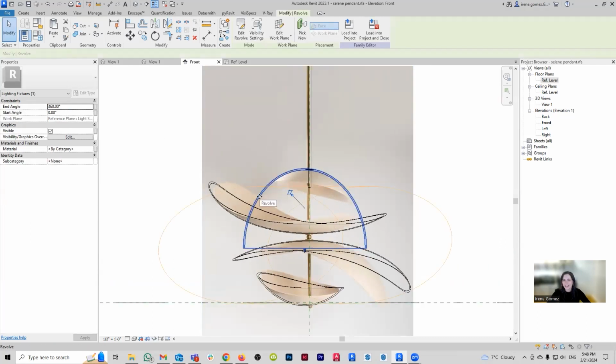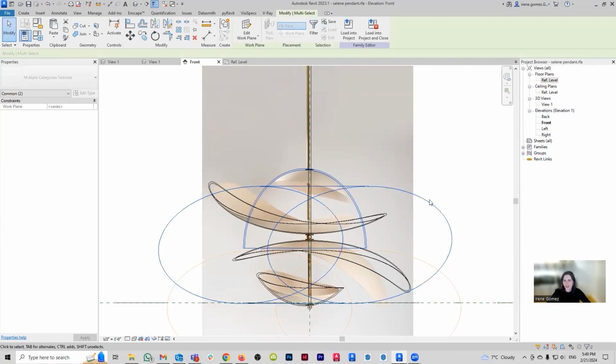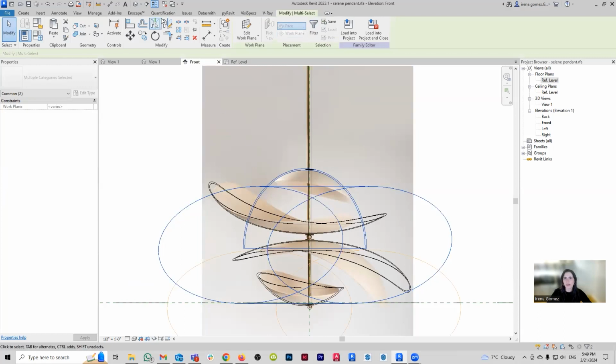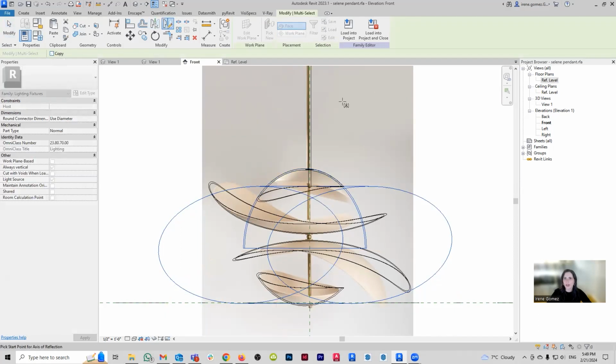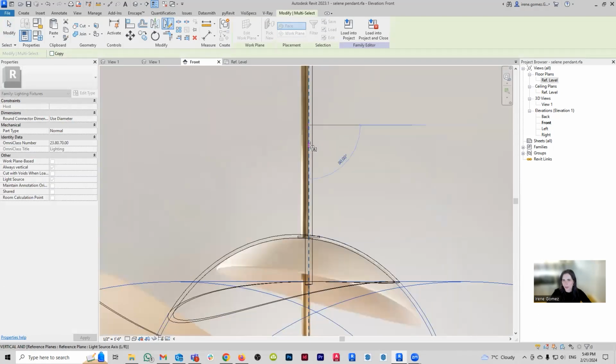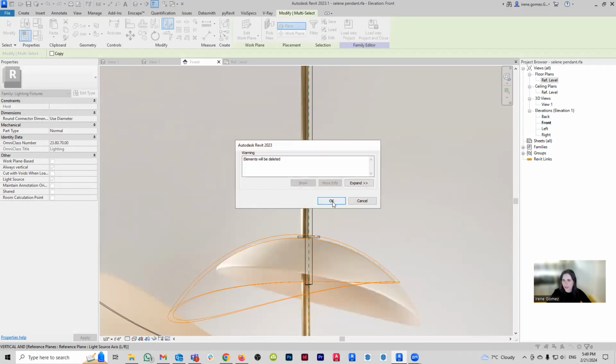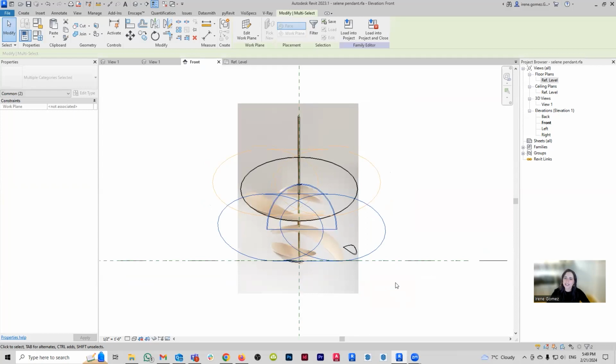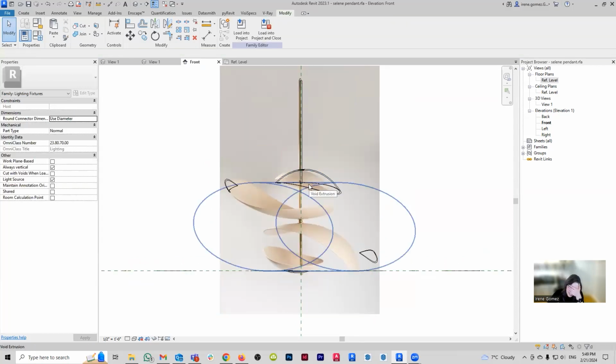My brain hurts. So we're going to select this guy and its respective void, and now we're going to flip it. Although, yeah, no, we have to flip it. And then void, and then we're going to go mirror without copying, and I'm just going to set it up on the reference axis. Elements will be deleted. Yes, that's fine. This time we do want to do that. God damn it, I have to uncut.